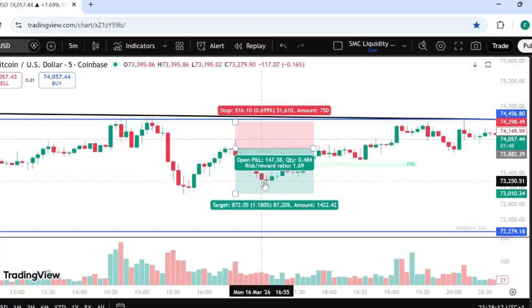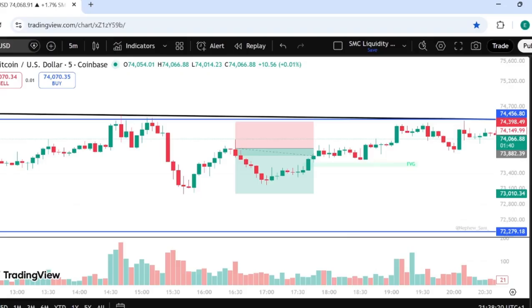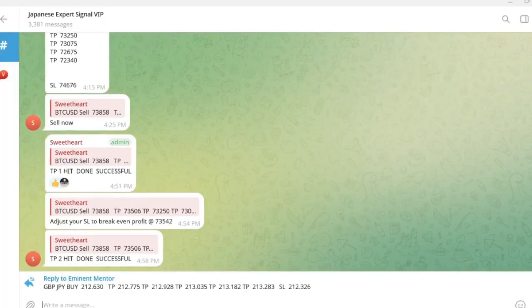When the trade came down to this point, I realized that the trade is reversing. Follow me through. I realized that the trade is reversing. So I came to them. After we had taken TP1, take profit 1, and take profit 2 was done, I told them adjust your break even to this point,